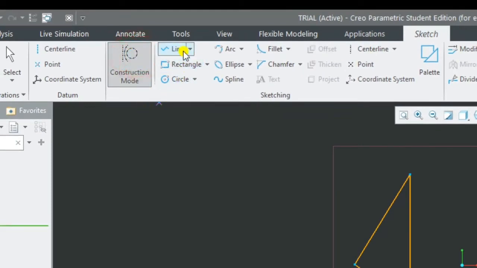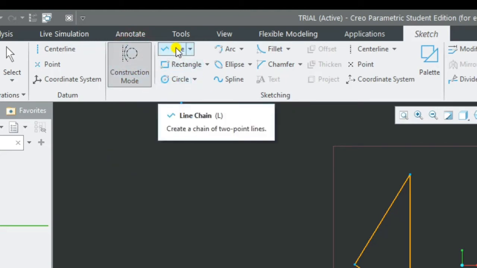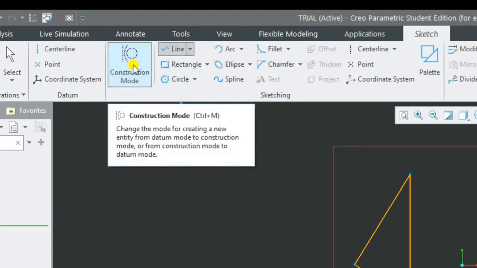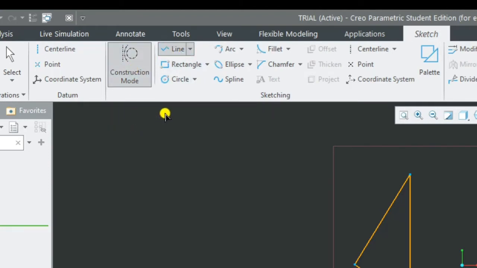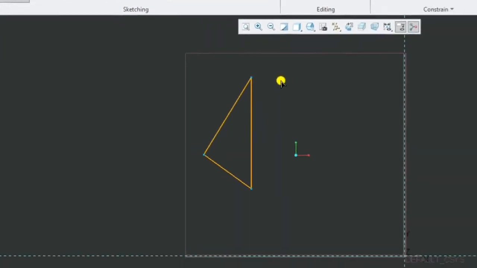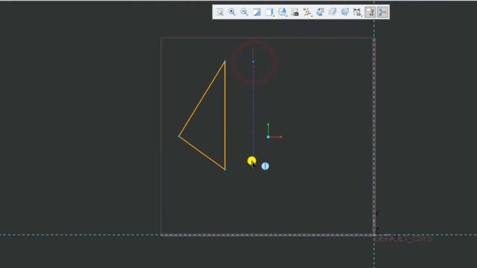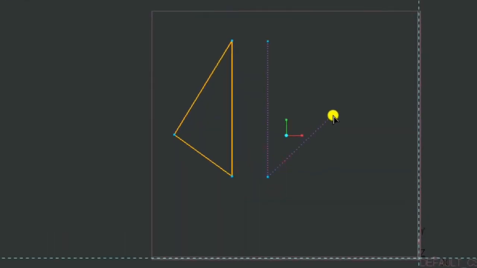Once you click construction mode, you see that both are selected: construction mode is selected, and line mode is also selected. In construction mode, we are going to construct lines. Now if you go for line, you see all the construction lines will appear. Center line is nothing but it will completely draw a vertical or horizontal line.